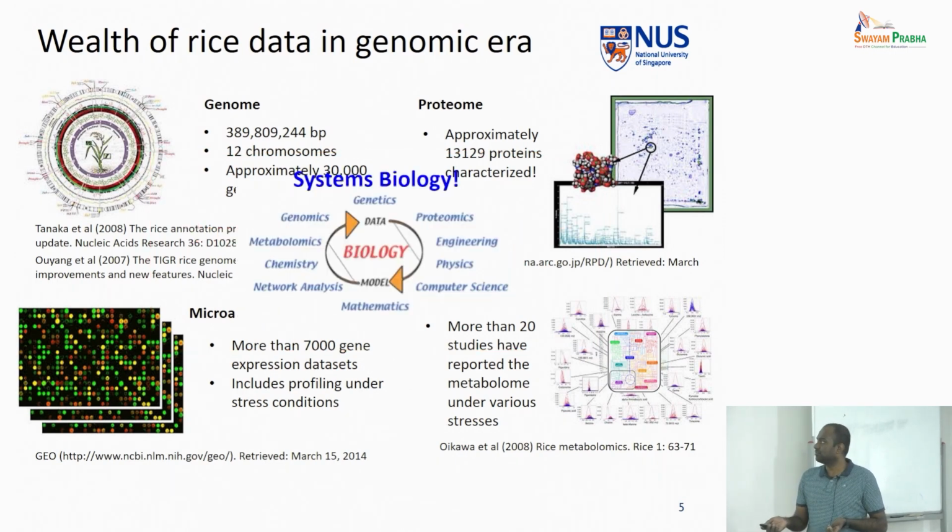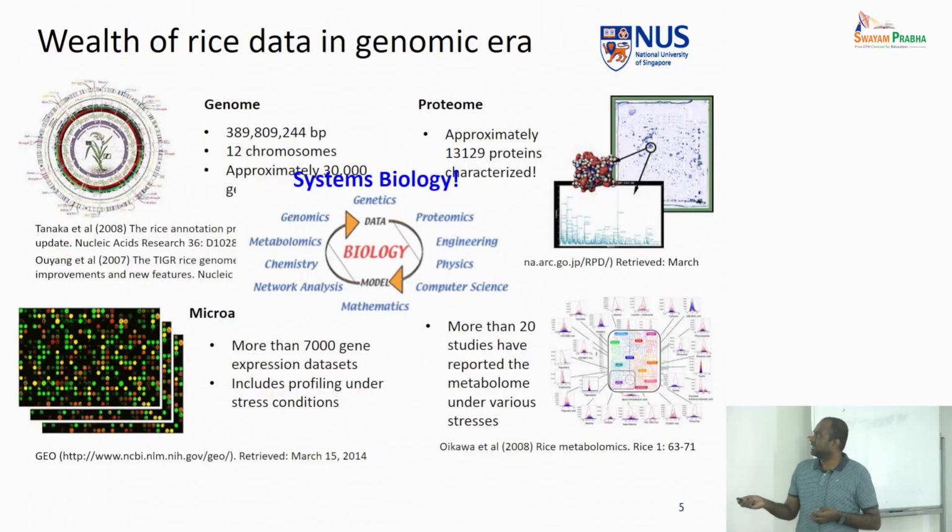So how can we do that? One way is using systems biology approaches, wherein you try to build computational models considering that these are the parts. I can give an analogy of a car: if you have different parts of the car, you need to assemble them together so that they have a functional output which you can ultimately drive. That's what systems biology does for you.